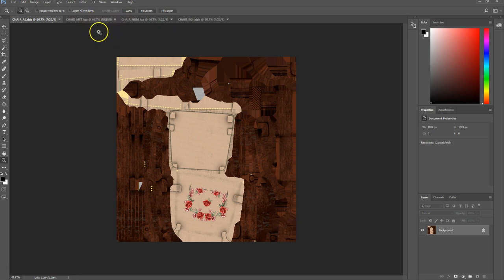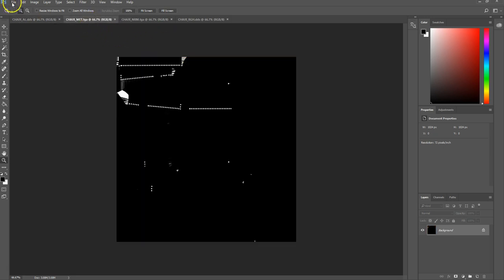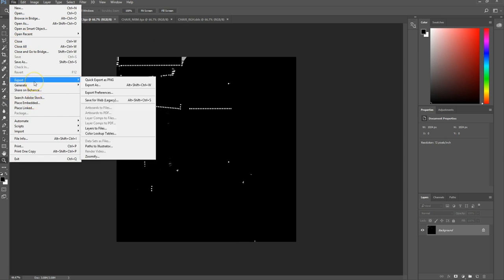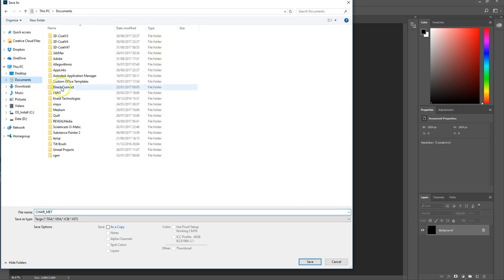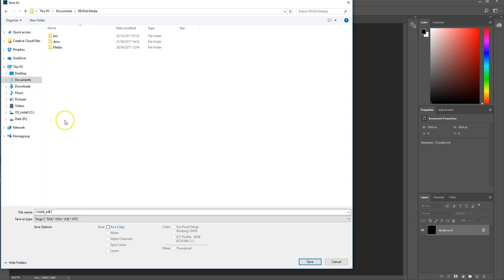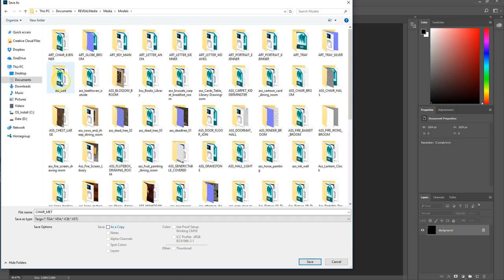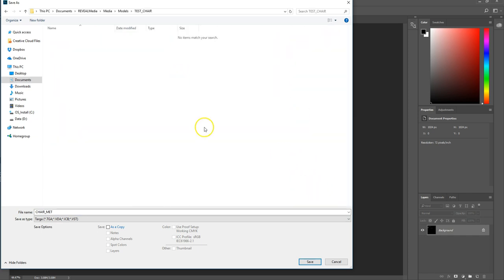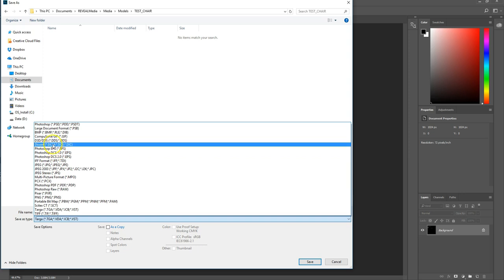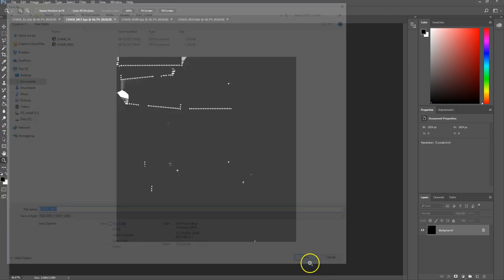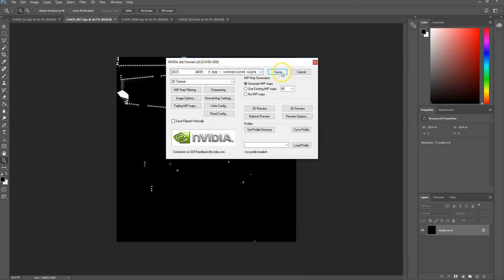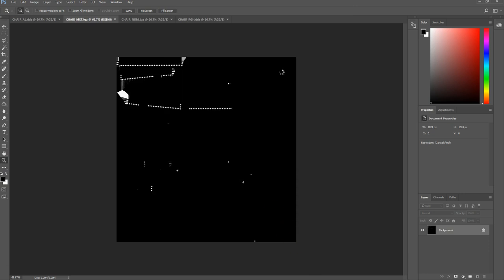Just to show you again with another one, just so it's super clear. Save as, put it where you're going to put it. So in this case, Reveal Media, Media, Models, in our Test Chair, and save it as DDS. So all of these will be here, chair underscore met, DDS, save, DXT5, save, and that's it. So I'll go ahead and save the normal map, and the next time I see you,